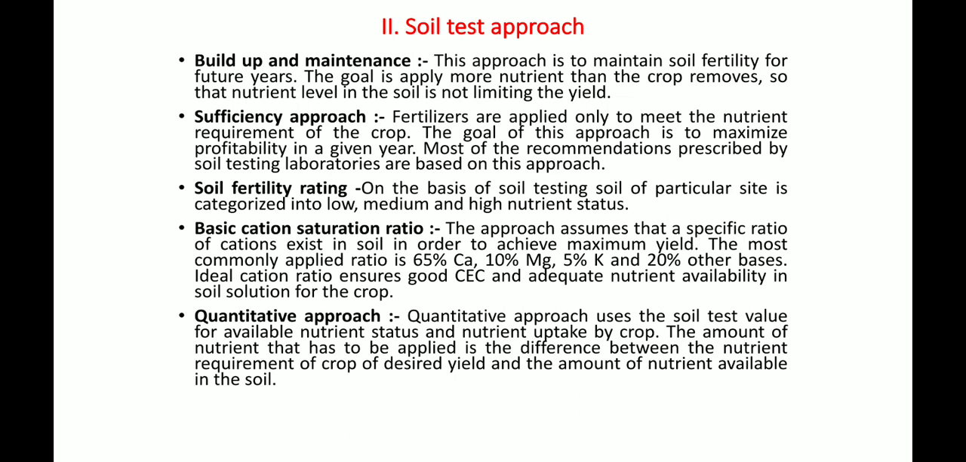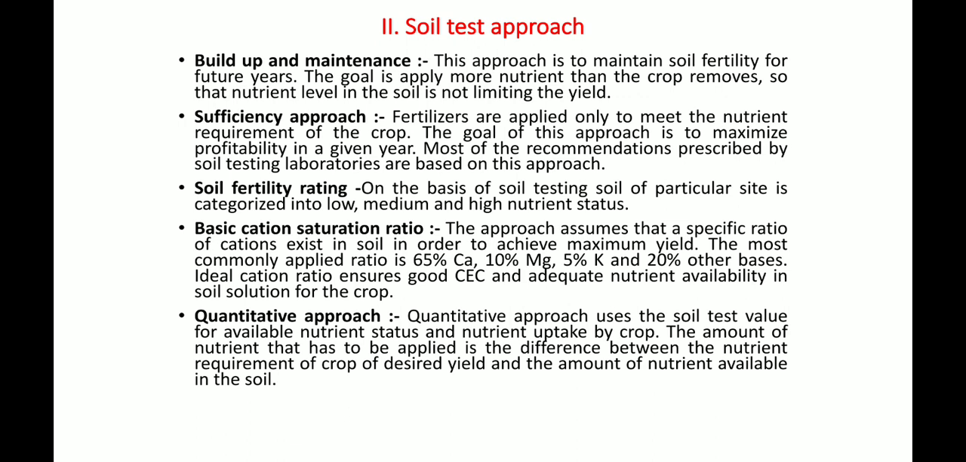And then third one, that is soil fertility rating. On this basis, the soil testing of the particular site is categorized into low, medium, and high nutrient status. The basic cation saturation ratio: the approach assumes that a specific ratio of cations exists in the soil in order to achieve the maximum yield. The most commonly applied ratio is 65% calcium, 10% magnesium, 5% potassium, and 20% other bases. The ideal cation ratio ensures good CEC, that is cation exchange capacity, and adequate nutrient availability in the soil solution